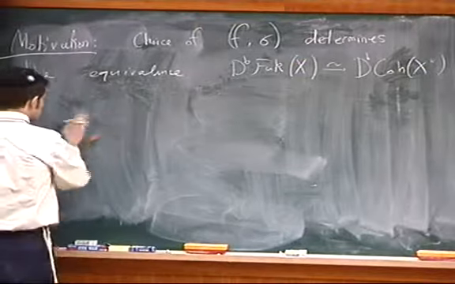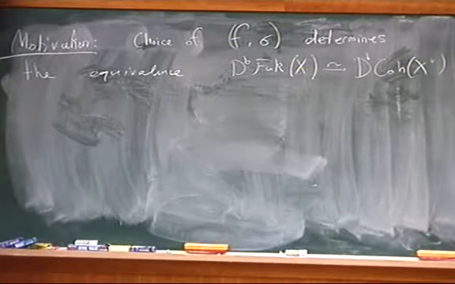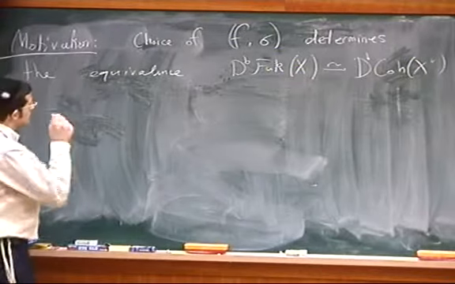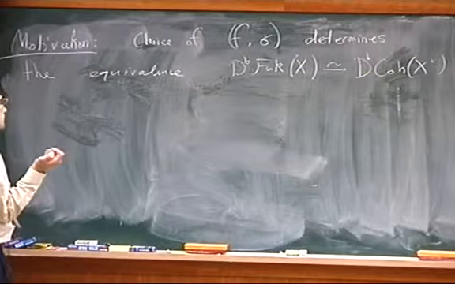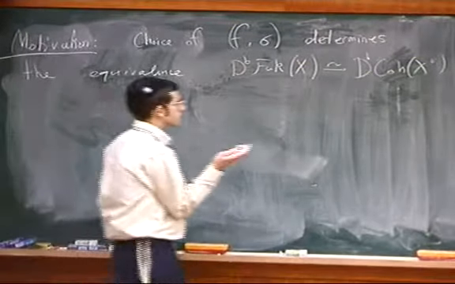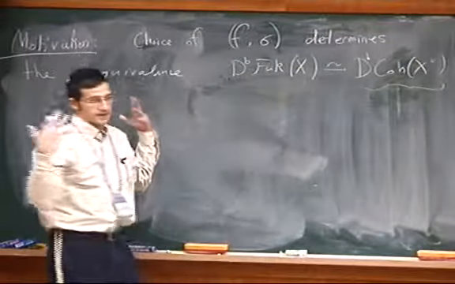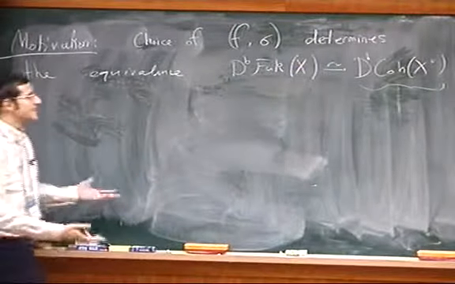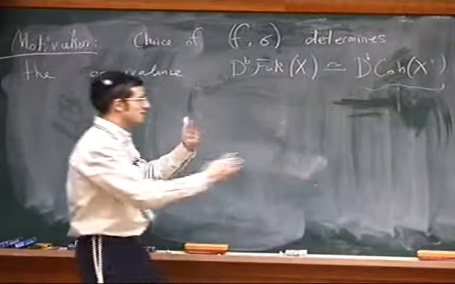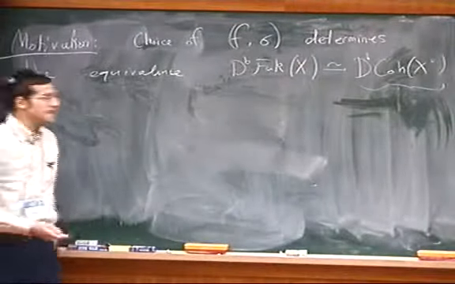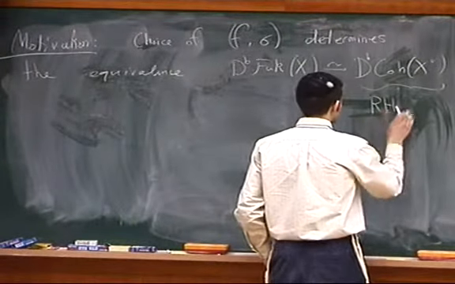So the choice of this information should determine the equivalence, and then there's this very natural transformation. There's this unique direction-reversing involution of such a category, which is just, if you consider duality.